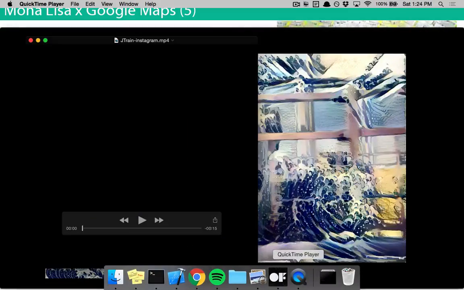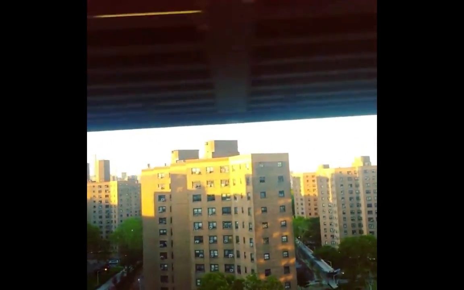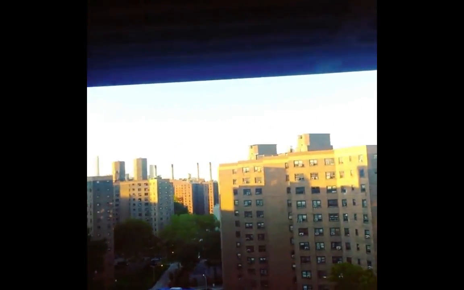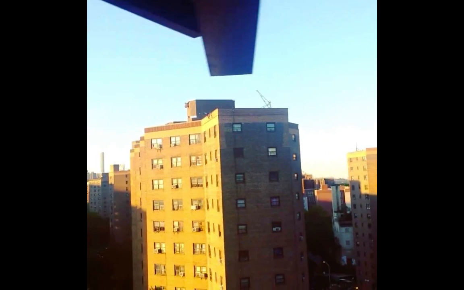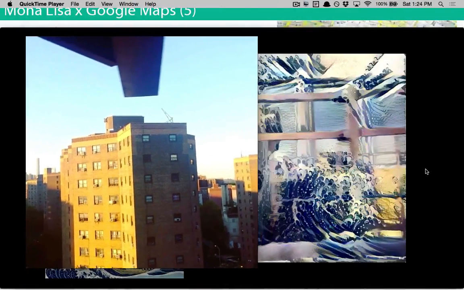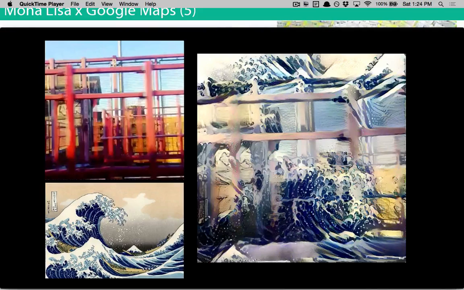So this is an image I took. I live along the J train, and I got this really nice shot last year, right around 5 p.m., when the sun is glinting off the Lower East Side. This is just right off the window of the J train, and I really enjoyed this movie. It's perfect timing, the sun is hitting the buildings and so on. So I decided to use this as the source, and so now this is a few different styles applied.